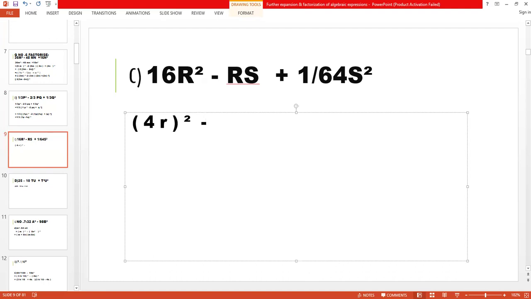In the center, we have to write the formula, that is 2. Then you have to write the first term. Then we have to write the second term, that is 1 by 64. 1 by 64 means, okay, first we have to write the second term. So we came to know what is your second term. Okay. 1 by 64. 1 into 1, 1. Or 64 is the square of which number? That is 8. So here you have to write 8, 1 by 8 s. And then you have to take its whole square. So here you have to write 1 by 8.